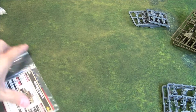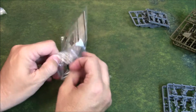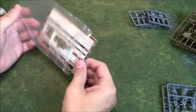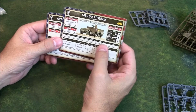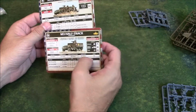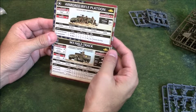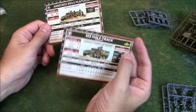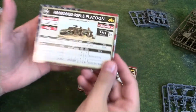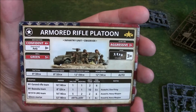Alright, now let's take a look at the cards. Now I know we talked a little bit about this unit in our Fighting First review, but we'll go over it here in case you didn't watch it and don't want to watch it, and see what we get as far as cards. So here we have 2 cards. We get one for the platoon itself, and then one for the half-tracks. The half-track, sorry, the Armored Rifle Platoon card